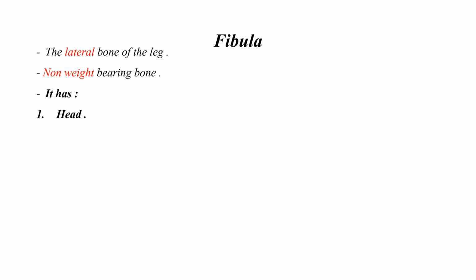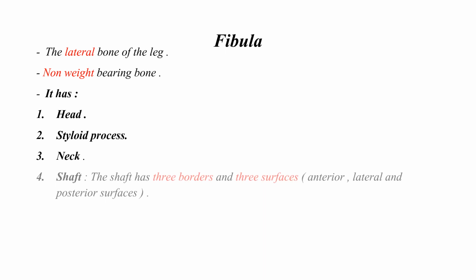Now let us talk about the second bone of the leg, the fibula. It is the lateral bone of the leg. It is the non-weight bearing bone. It has a head and a styloid process. The styloid process projects upwards from the posterolateral surface of the head. Distal to the head there is the neck of the fibula, and distal to the neck there is the shaft